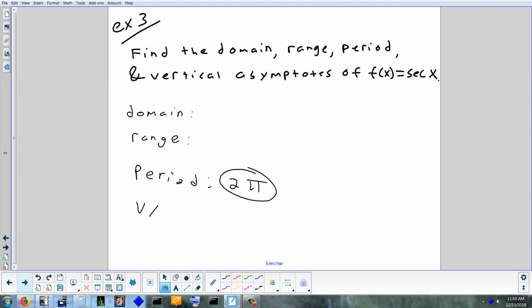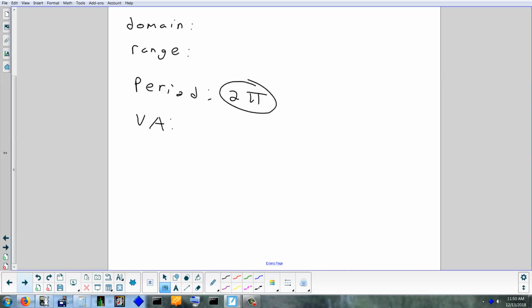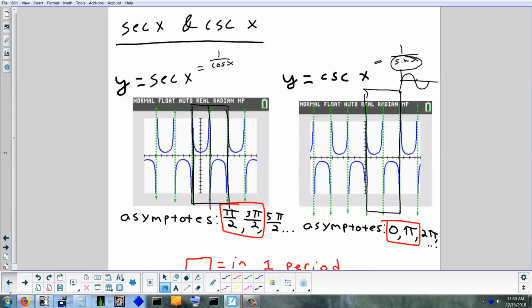Vertical asymptotes. It's probably using the table. That should be pretty easy. Look at your secant function. What are the 2 asymptotes they give us in that table for secant? Pi over 2 and 3 pi over 2. I'm putting those down here because I might have to do a little work with them. Now it says to